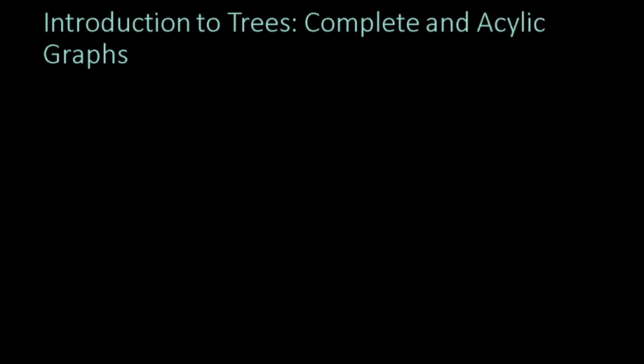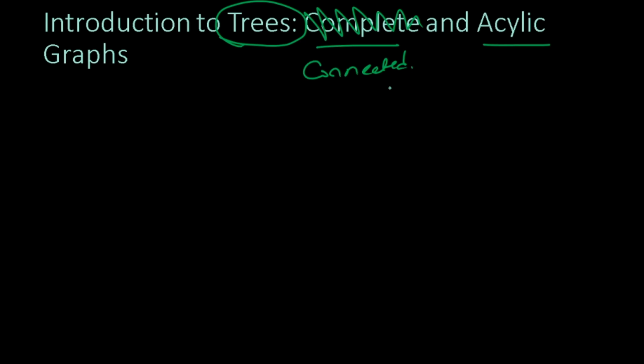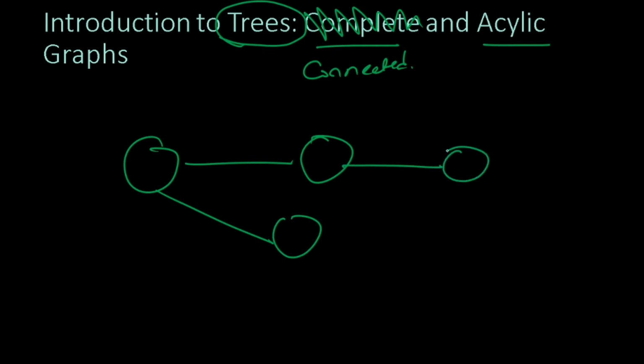Before we get started, let us introduce a few concepts. First, let us introduce the concept of a tree. We have come across these terms before. A tree is a connected and acyclic graph. What that means is, this is a tree. Why? There is no cycle. This is a tree. Why? There is no cycle and it is connected.